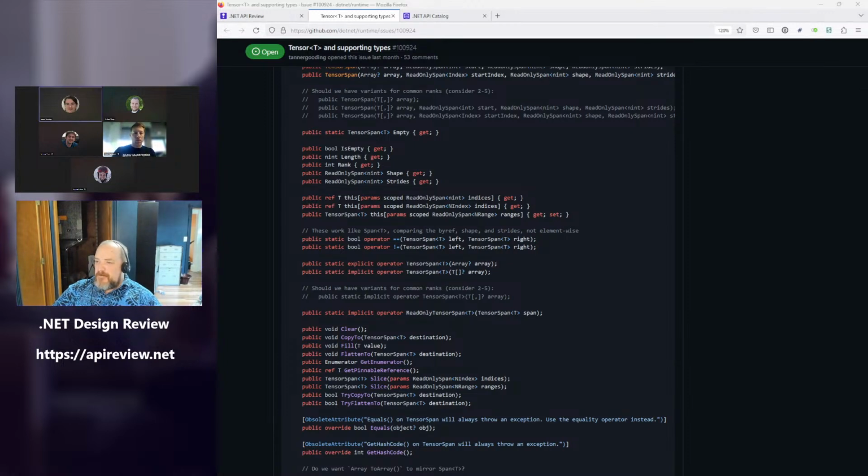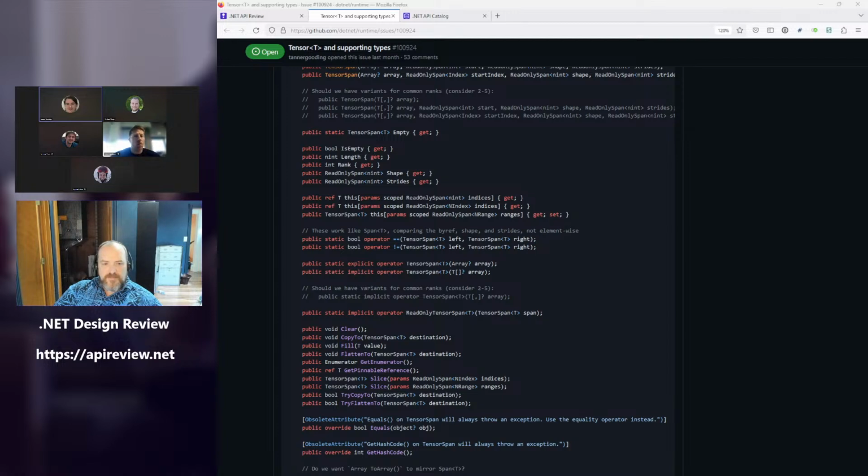Yeah. So the language asks that we explicitly expose ones that take in index. That way they don't have to do the same magic here. It would be very complex for them to do. So we are explicitly taking both int and Index as the types. There is then a third one, which returns a tensor span and which represents the slice syntax for the same reason, which takes in